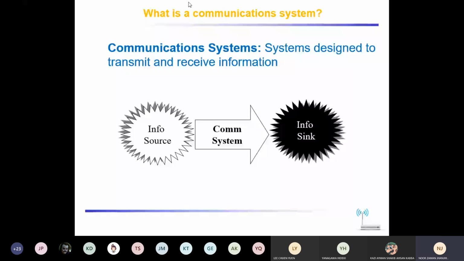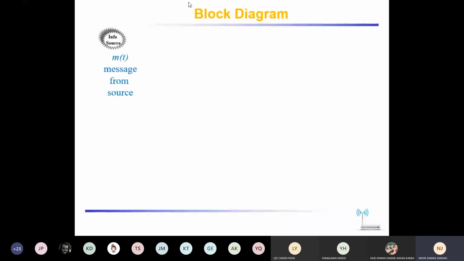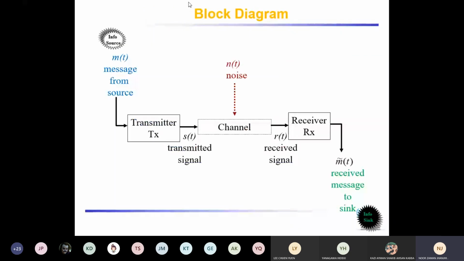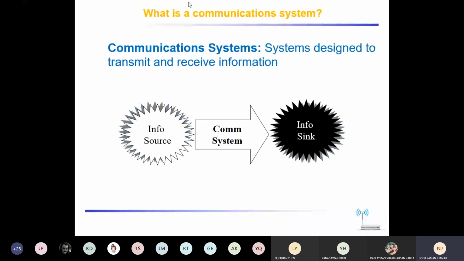Our internet and whatever the Microsoft Teams, you can understand it this way. This is a communication system, and it is providing you the information, and your ears where you are listening, that is the information sink. So this is called the communication system. Very simple, just rephrasing for you. You can see from here, this is the block diagram for the communication system. Information source is the first and information sink is here. In between, we put the arrow, which is the communication system.